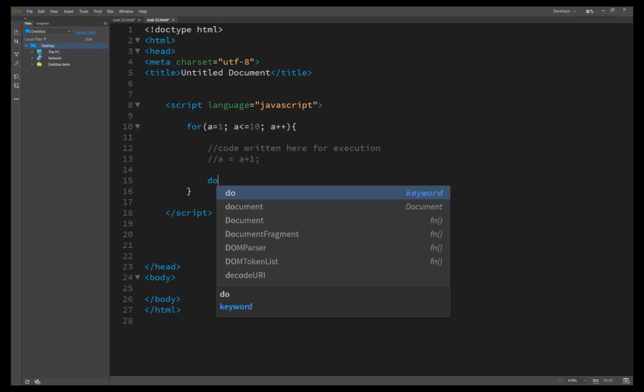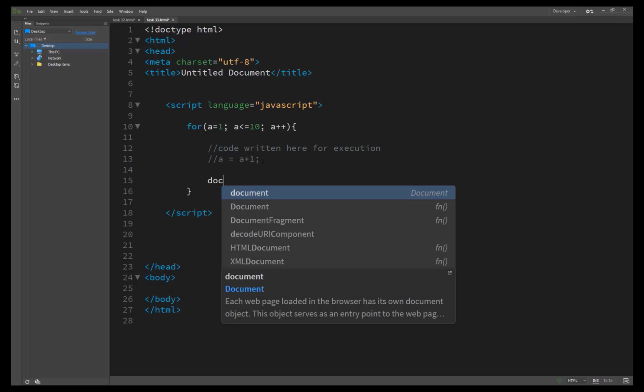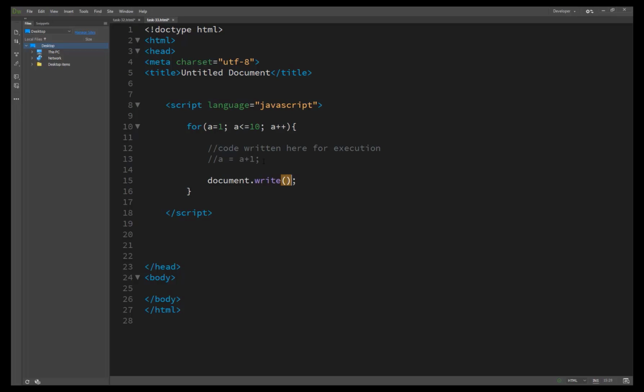For printing on our screen we have used document.write, as you already know. We called a, and as a continuation a BR for a line break. When it prints number 1, it breaks the line automatically, then comes here and automatically changes the value of a to 2, and then it checks whether the condition is met or not, true or false. It says that 2 is less than or equal to 10.